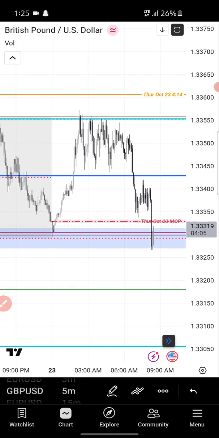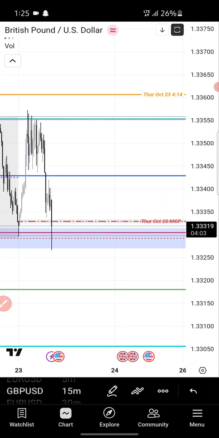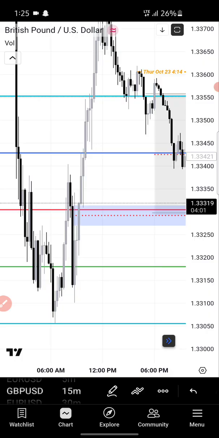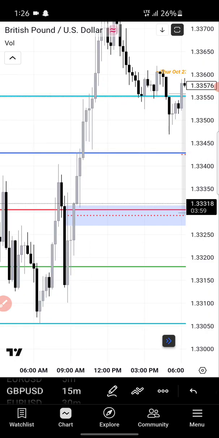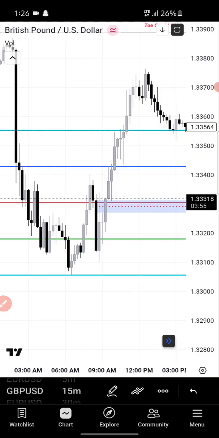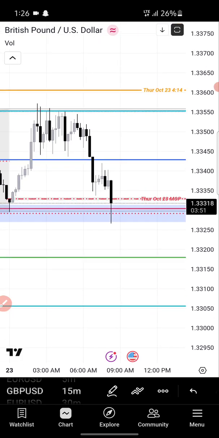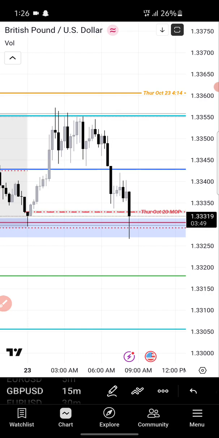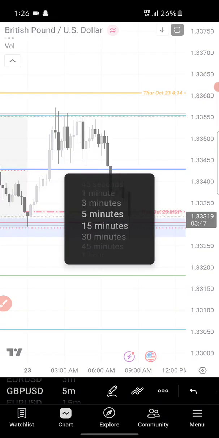price tapped into a 15 minutes fair value gap that was formed inside of the consequent encroachments of a weekly week, and price traded into it. See what price is doing right now. Now if you watch on the GU, on the EU,